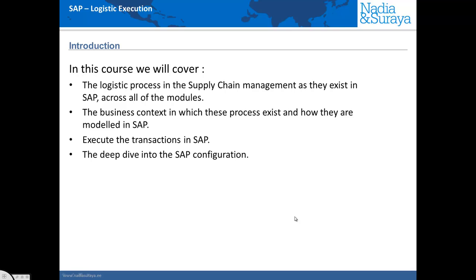In this course, we'll be covering the logistics processes in the supply chain. We'll also be covering how they exist in SAP, and this will be across multiple modules in SAP. We'll cover the business context in which these processes exist and how they are modeled in SAP. We will execute the transactions in SAP and also do a deep dive into the SAP configuration so that we understand